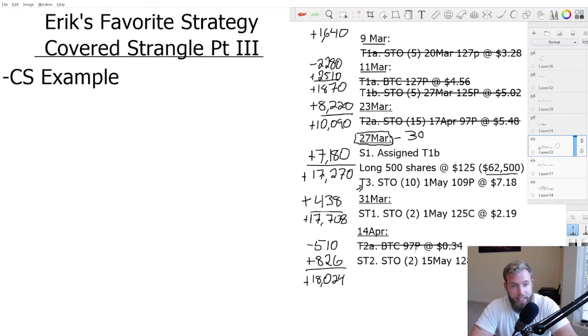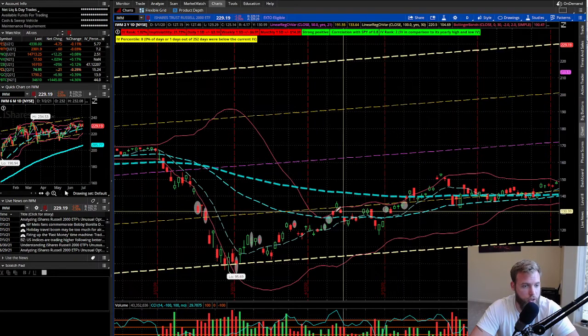So those 97 puts, I actually closed those out for 34 cents. And that was just to take some risk off the table. It made the move that I wanted. I collected most of the premium out of that trade. And just generally with the uncertainty in the market, I didn't want to continue holding it, because if you take a look on 14 April,